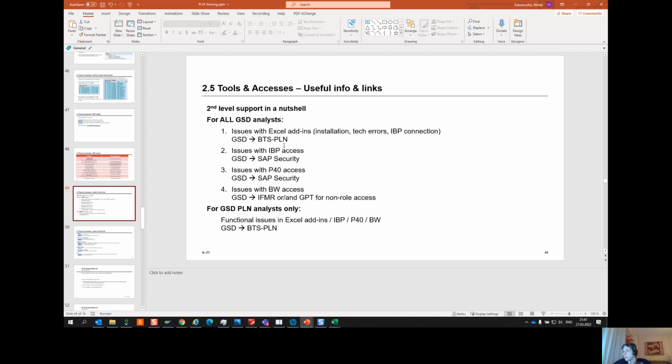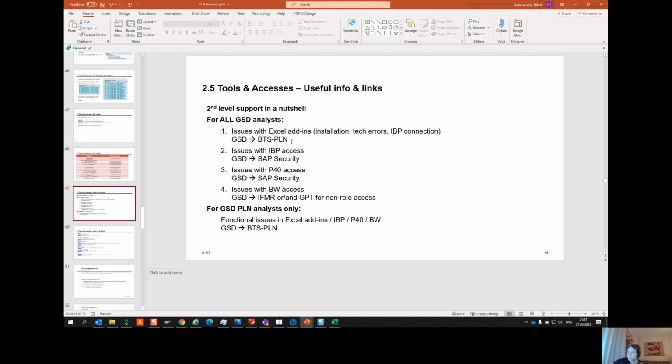However, if you cannot resolve such an issue, or you see similar incidents which couldn't be resolved by GSD and were resolved by BTS PLN, please feel free to escalate this to BTS PLN,